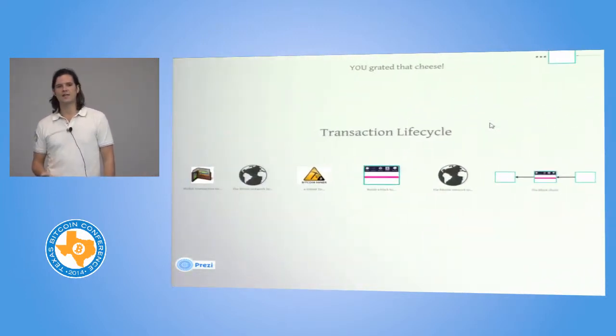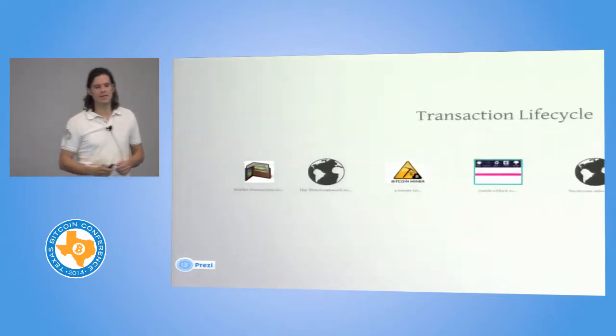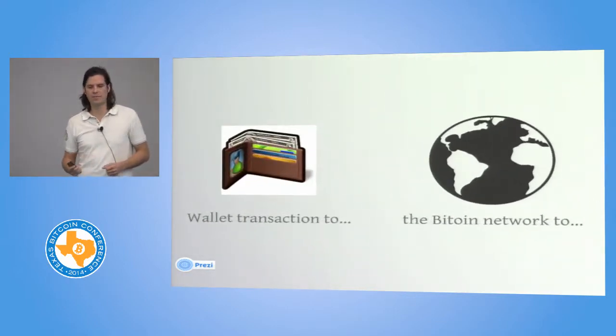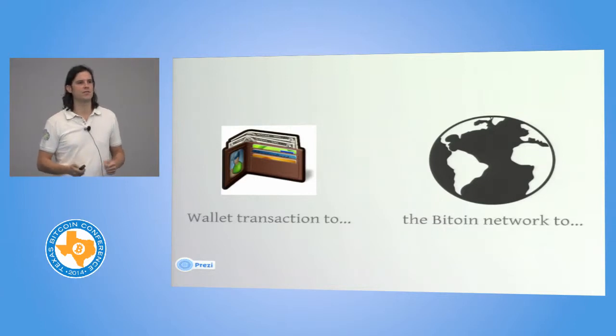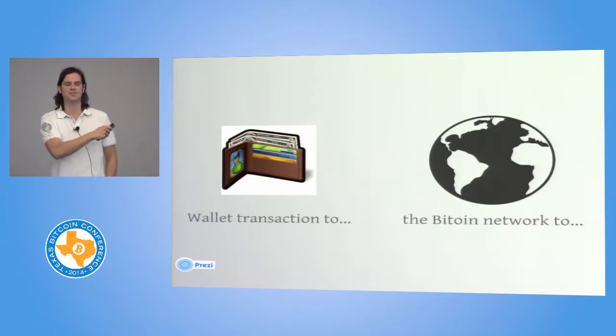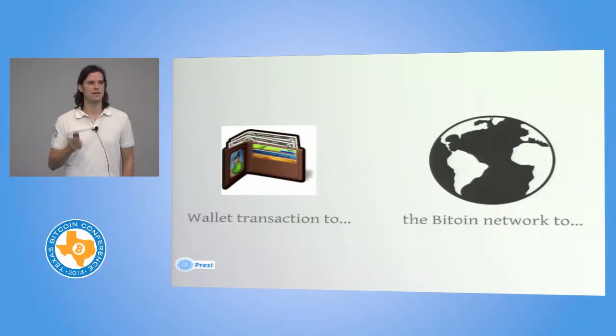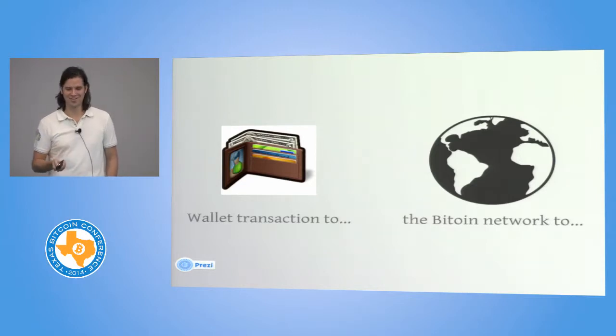So the life cycle of a transaction: say you want to transfer some Bitcoin or pay someone. Basically, the transaction is going to be created for the most part by your wallet. Your wallet software will build the transaction and sign it with your private key. If you remember the cheese shredder analogy, it's signed by your very specific private key that you're the only one to have, and you shouldn't give it to anyone, otherwise you lose all your Bitcoins. Your wallet builds a transaction with that, includes your signature in it, and then sends it to the Bitcoin network,